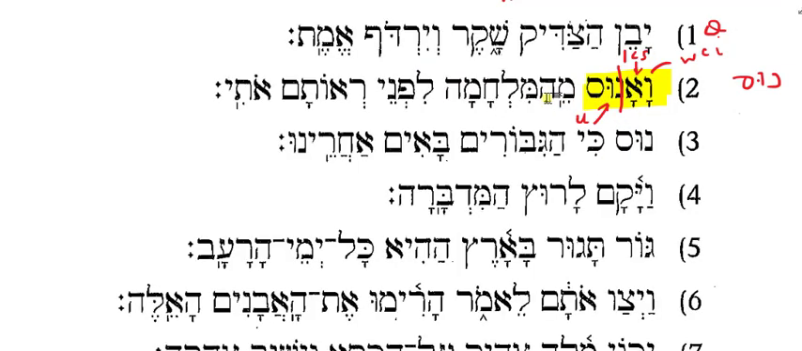Now, what is me hamilchama? Yeah, from the battle. Good. And then lifnei means before. Now, this can be spatial or temporal. Before a time or literally before a person or a thing. I escaped from the battle before